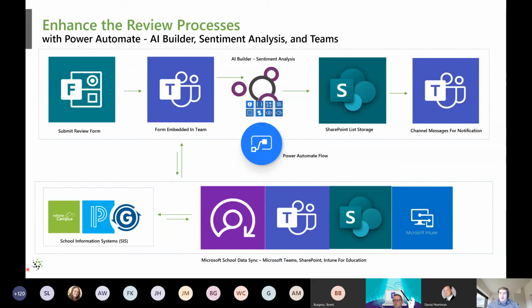So what you see here in the bottom, I'll call it out really quickly. Heather and team, you mentioned School Data Sync already, but in this example, you can leverage Microsoft School Data Sync to be the driver for generating the different teams and different classrooms and different setup you have for your organization. Obviously, all of that pulling from an assortment of different school information systems, whether that be what's on here, Infinite Campus, GradeWorks, or what have you.